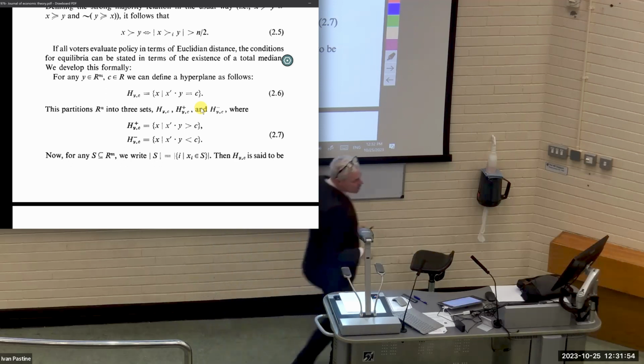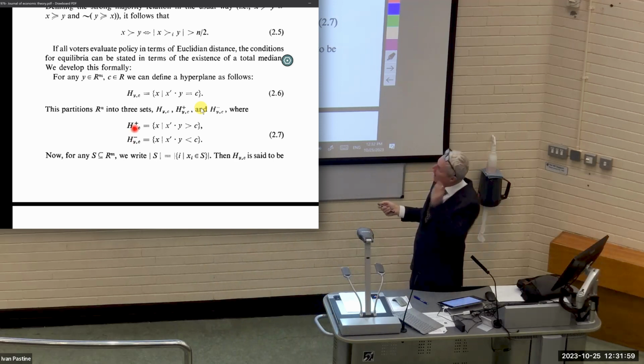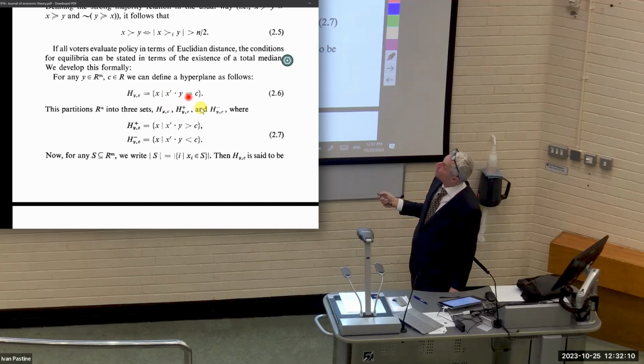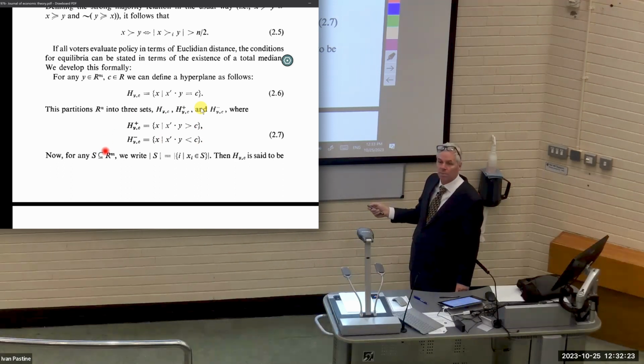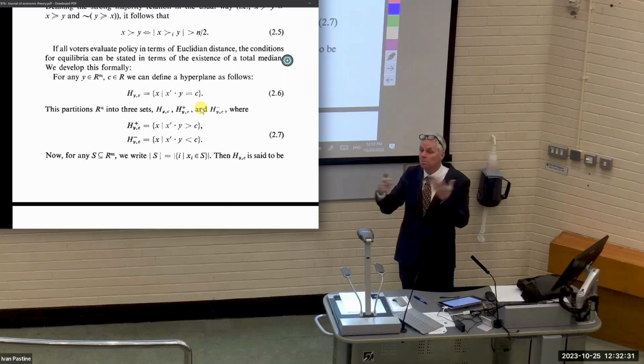Then he starts doing stuff with it. And he's got these two things. He's got H plus, which is this, and he's got H minus, which is that. Okay? So we defined our hyperplane so that it was equal to C. And this one is going to be defined so that it's greater than C. And this one is going to be defined so it's less than C. So this is all the points above our hyperplane, and this is all the points below our hyperplane. Right? Where this same math, a1 x1 plus a2 x2 comes out less than C.